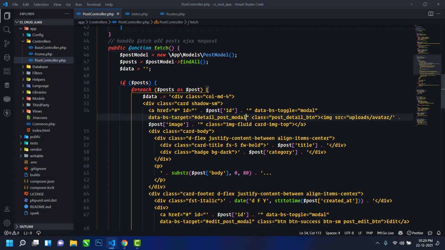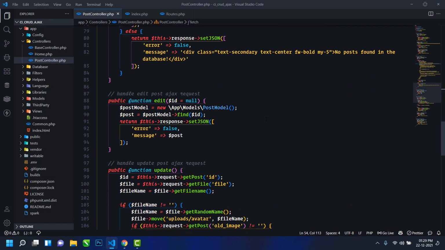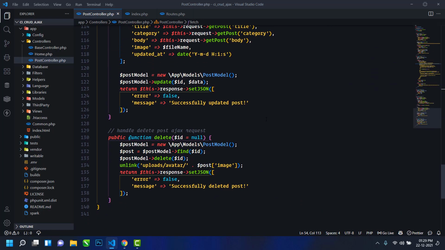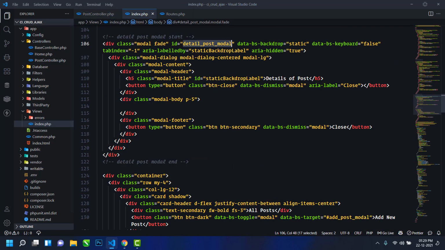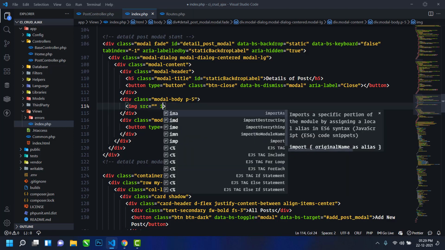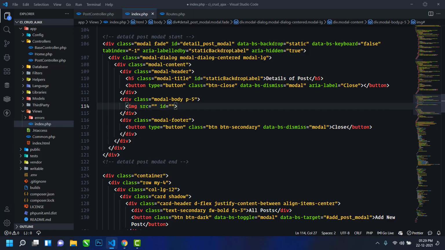So here what I will do is just go to the index.php file, and here first I will display the image. So here in the modal I will create an image, and in src I will not assign anything, I will not use alt, so here I will use an id, detail post image.